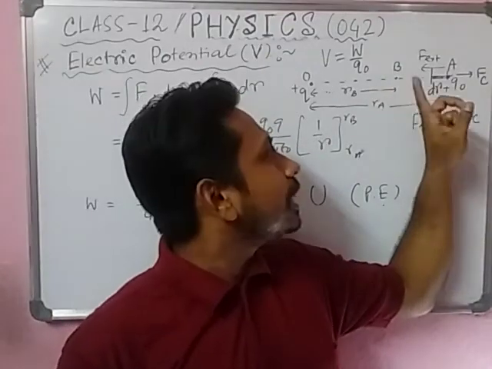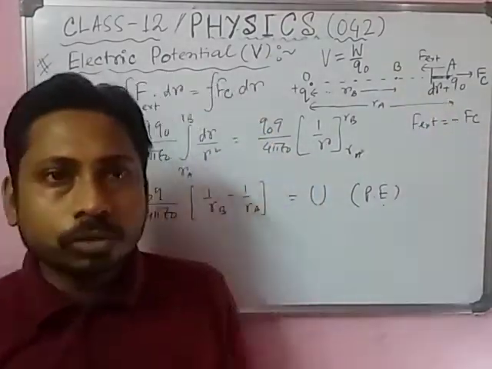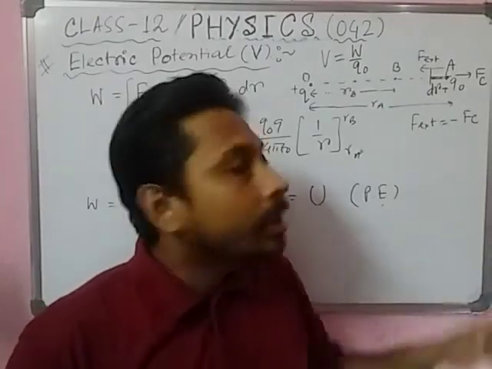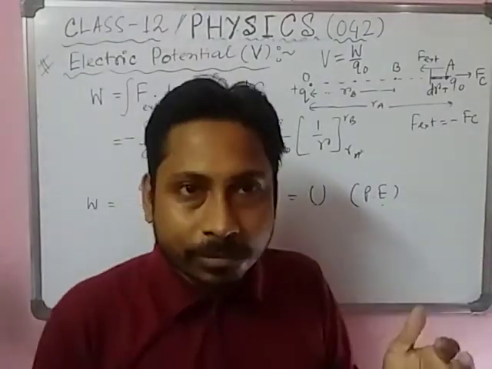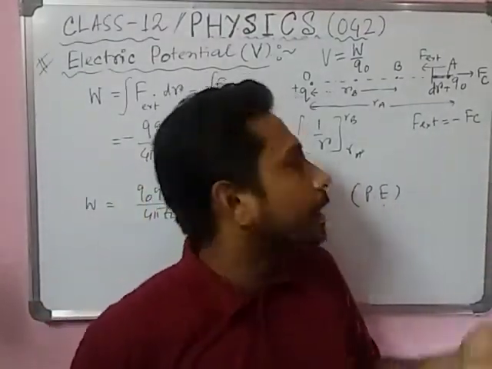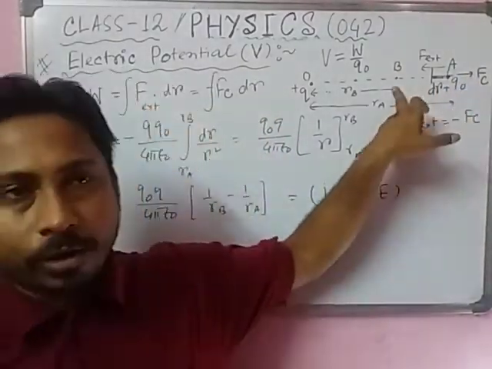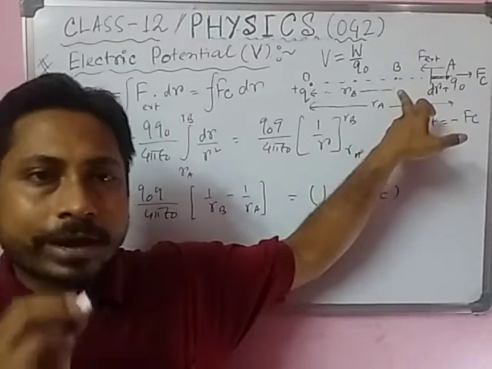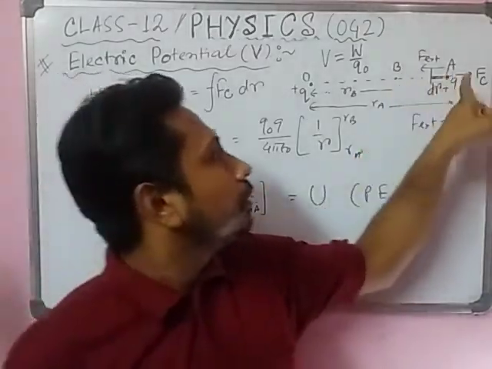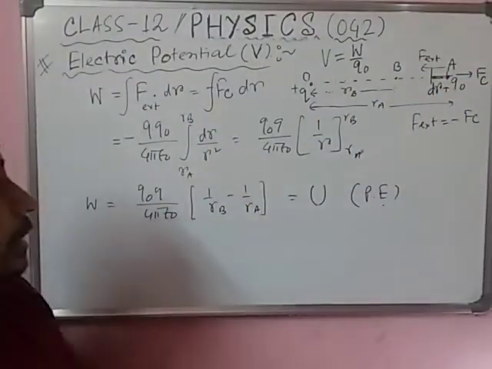So the potential at the point B is equal to the work done required to bring, say with me, a positive unit charge from a point to that point, meaning the point where you want to find the potential. So here it is from RA to RB, that's how it is written.